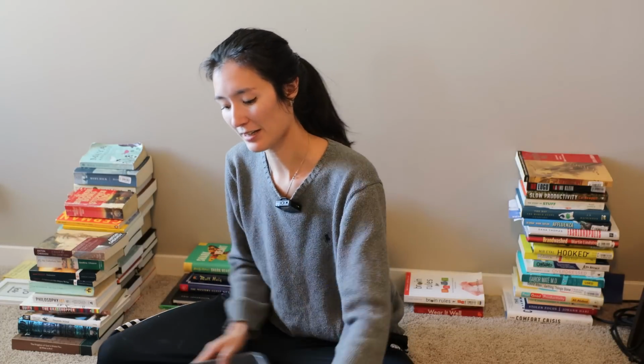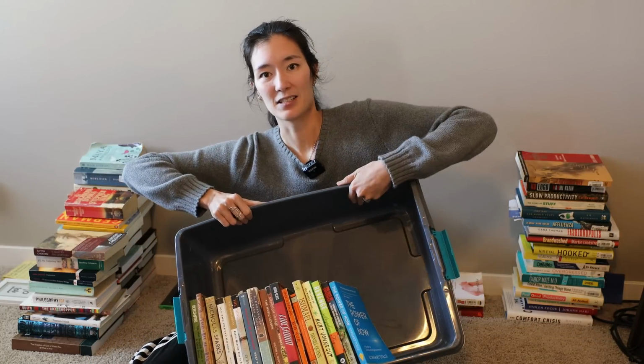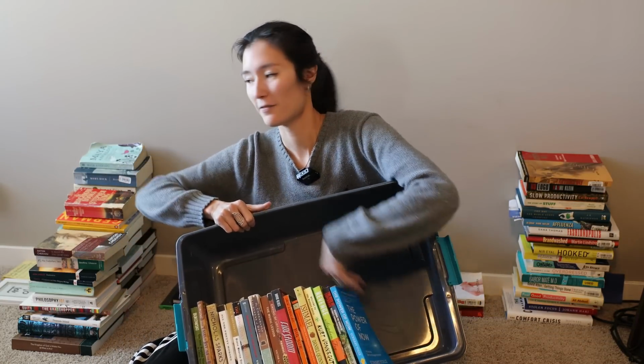I think we might have reached the point of this declutter where I'm going to talk about the books that I keep, have read and want to keep. And that collection is actually not that large. It's just this portion of the container. And if I treat this as room for the rest, hang on a second,